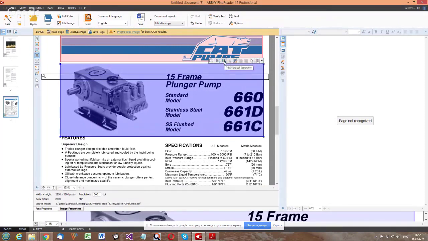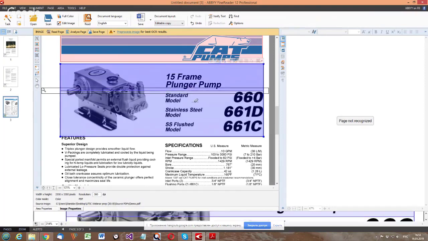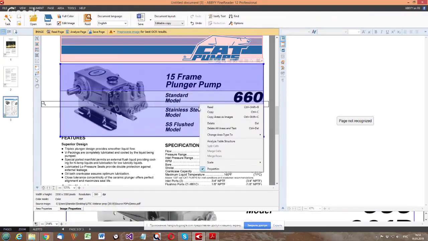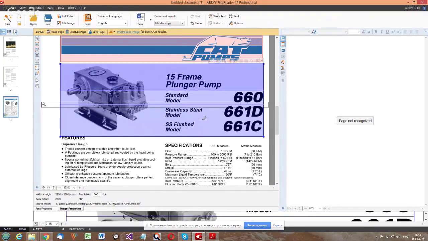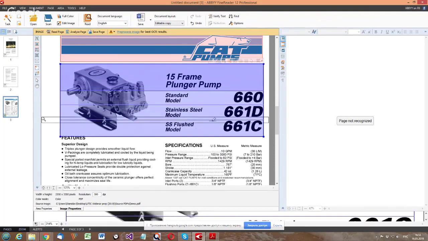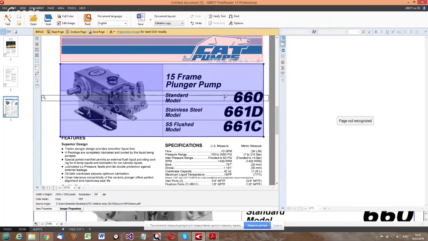I now have to add column and row separators. I choose the Add Horizontal Separator and click in the points where I want to create a division between two rows. And then I select the Vertical Separator tool and create two column separators here.